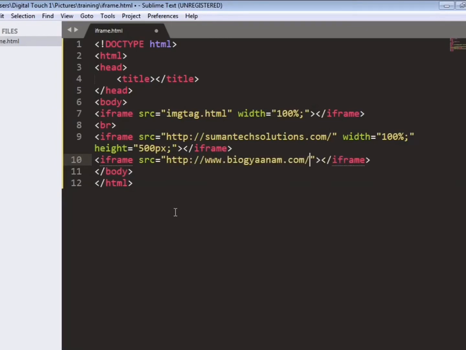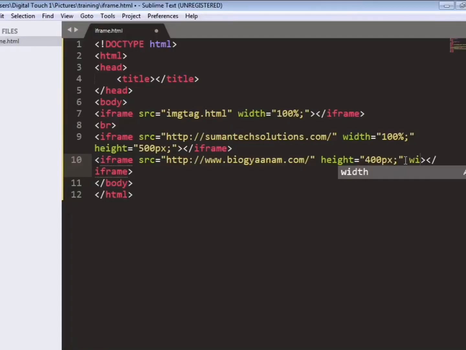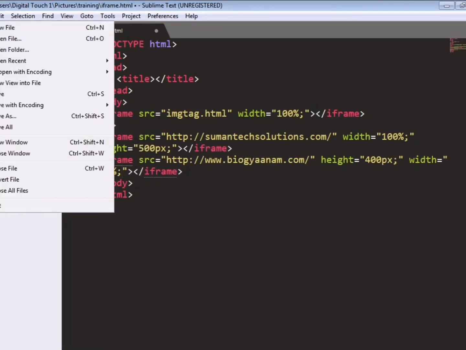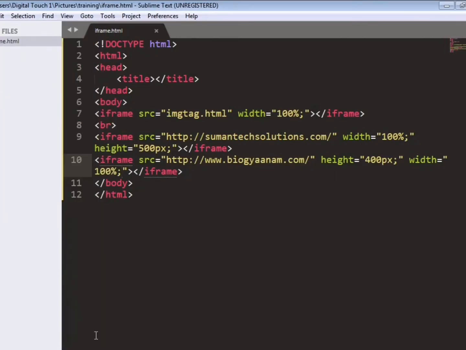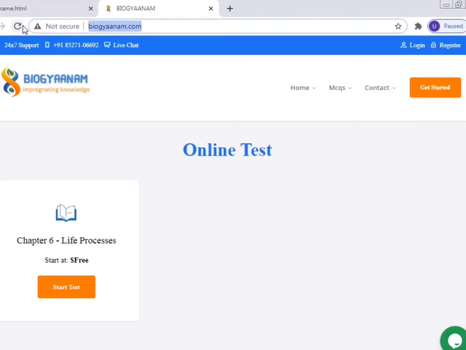We will copy the link that is displayed for the website on the Google page, paste the URL here that is obtained from Google, and fix some height and some width also, that will be 100%.